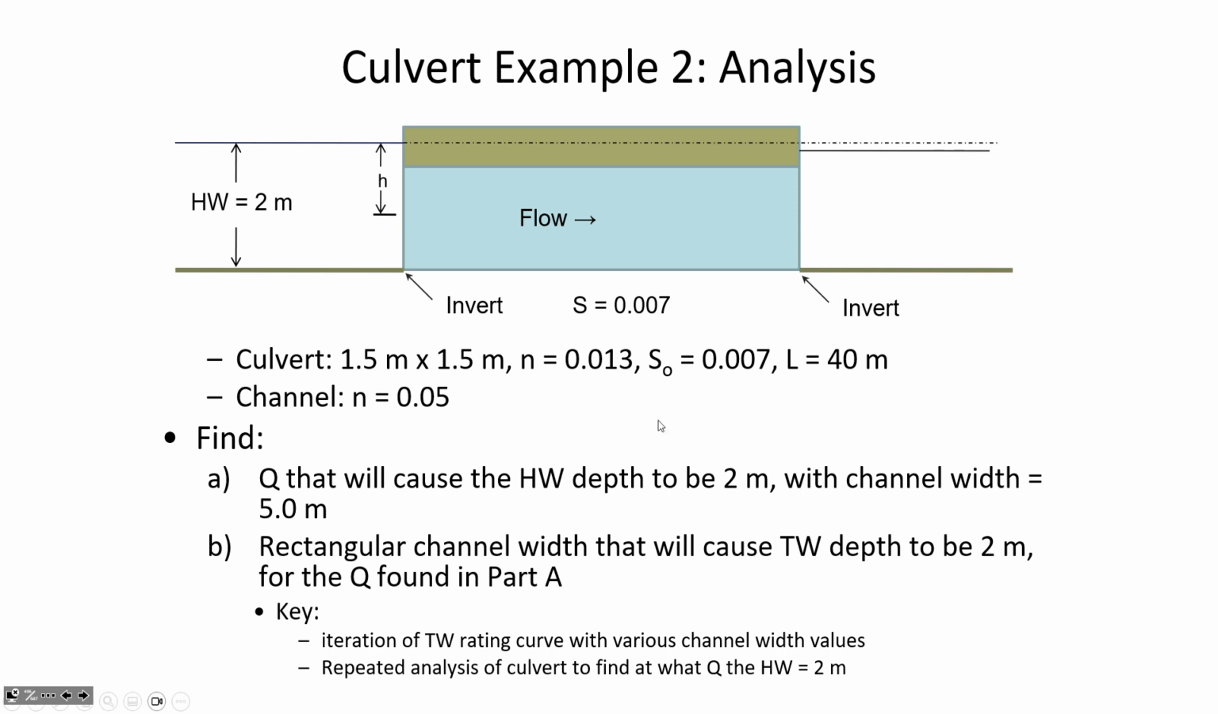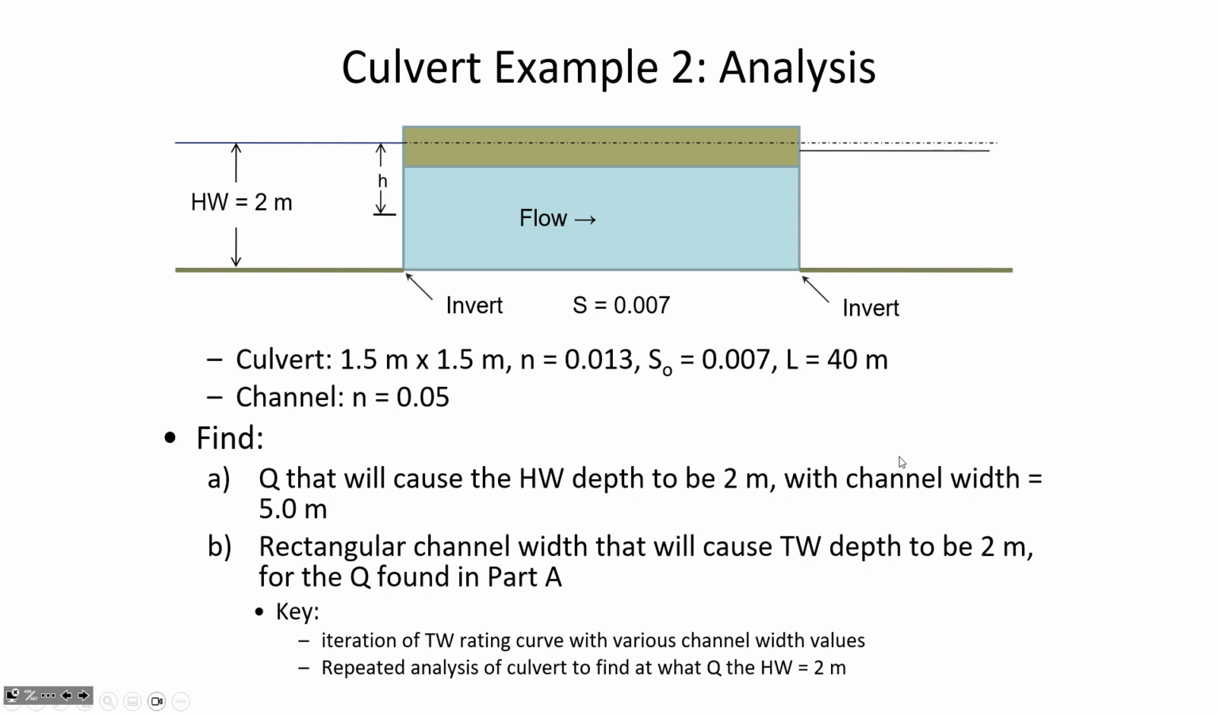Okay, so there's two main things we're going to try to determine as we work through this together. First of all, what flow of water causes the headwater to rise up to the 2 meters that's described here, with the channel width being 5 meters downstream. So it's a rectangular channel downstream. So here in the tailwater, it's a rectangular channel. We're going to have to put that in. The width is 5 meters,